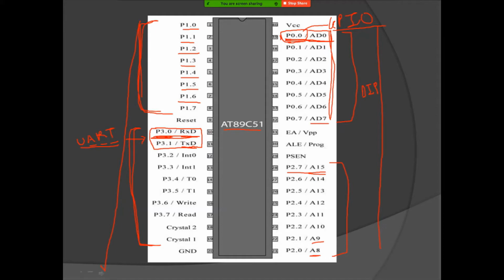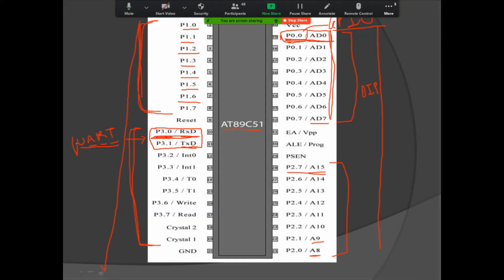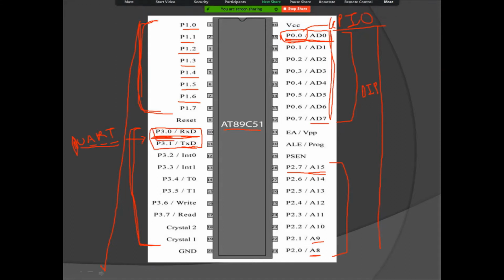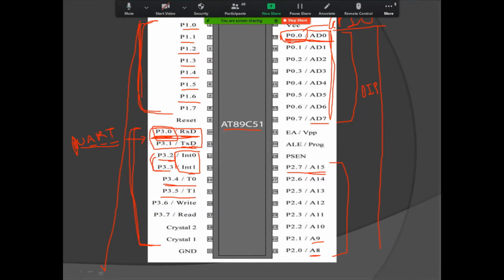If the UART is not working, we can use these pins as general purpose input output pins. Similarly, pins 3.2 and 3.3 are used for interrupts, INT0 and INT1. Otherwise, if we are not using the interrupt, these can be used as general purpose pins. Similarly, pins 3.4 and 3.5 can be used as timers, T0 and T1.